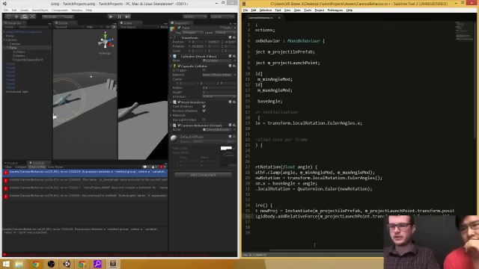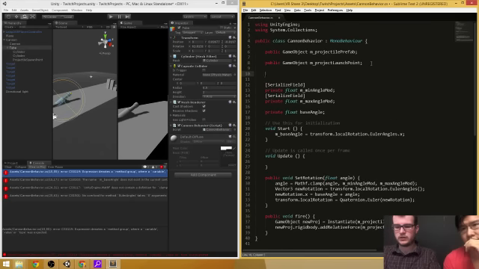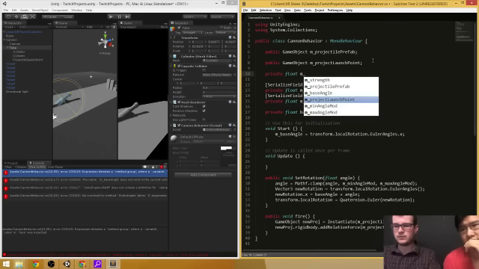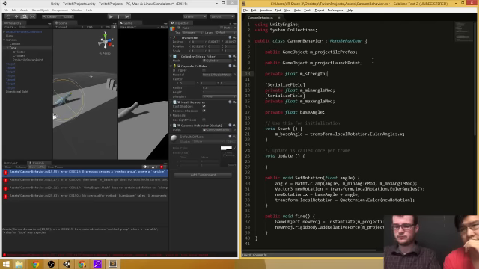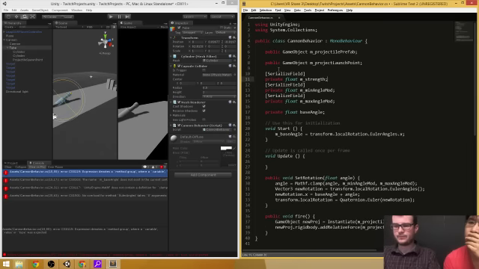Want to get onto the Leap stuff here rather quickly. So let's do private float strength, and we'll serialize that. Okay, so